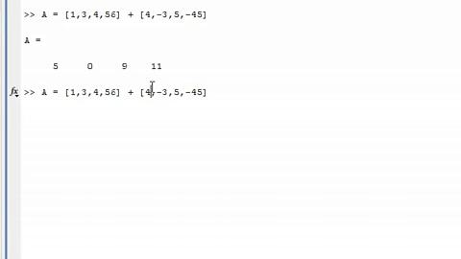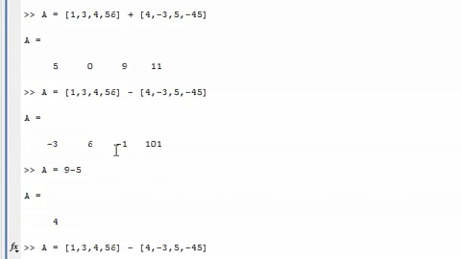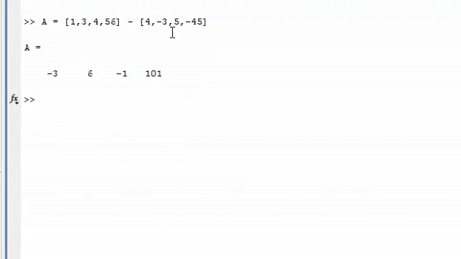It's also a similar case when you subtract matrices. So subtraction works like normal. 9 minus 5 will equal 4. And for matrices, it'll just subtract the two matrices together, element by element. But this